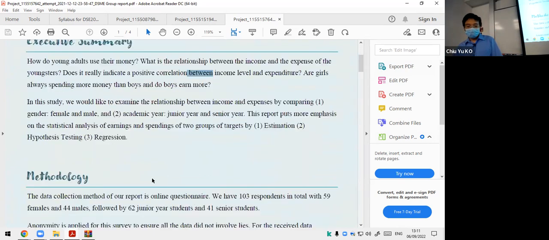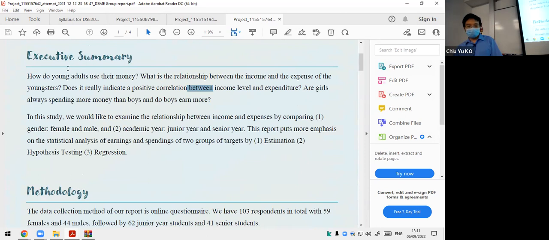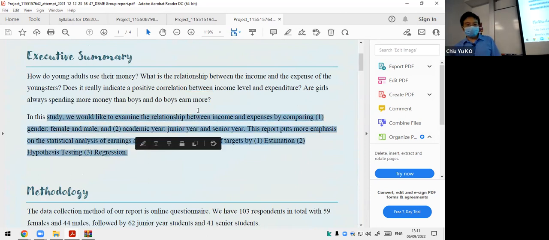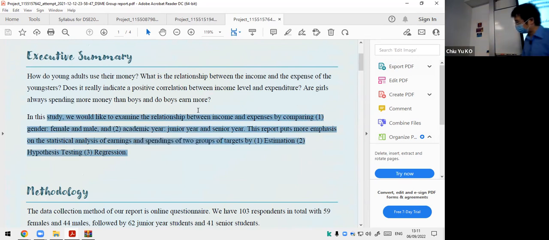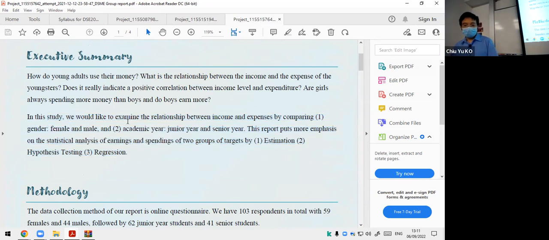What they're doing is a very nice summary, because I would say this executive summary is very nice. When you read a report, you want to really know what's going on, what's the question. I think this is a very nice one. And I would recommend, for this particular report, I would expect you to write the answer here as well, because I want to see what your question is. So what is the problem, your motivation. The second paragraph is your question. And the third one would give me the result quickly, one or two lines, yes, no. That would be a nice one.